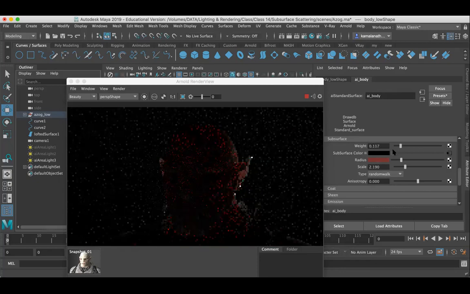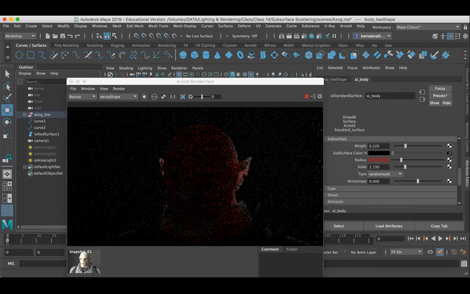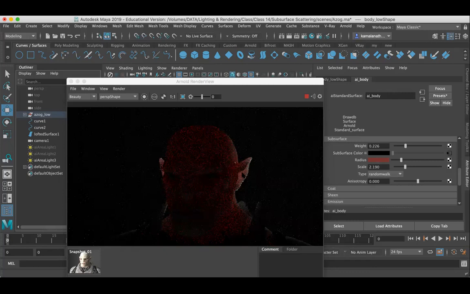Now you can see over the ear it has some kind of glow. You can see the light is just transfusing towards inside, getting subsurface scattering and transmitting towards the outside, right?